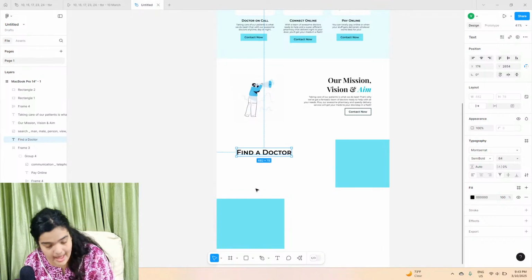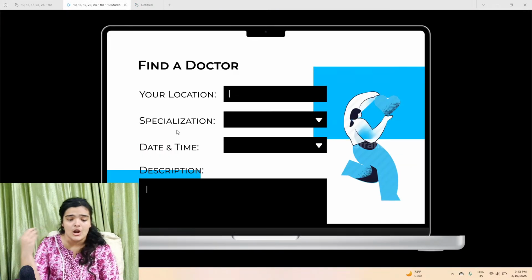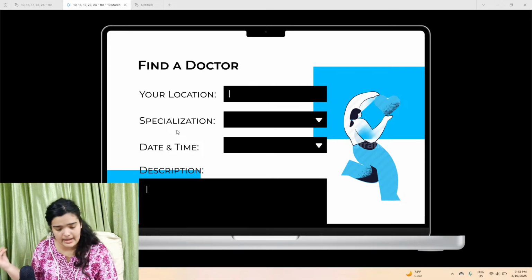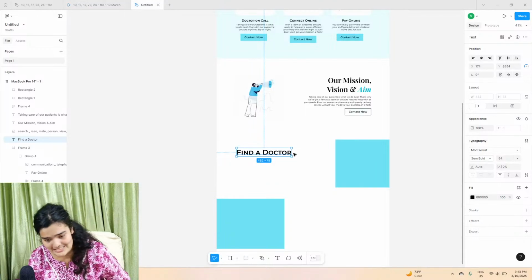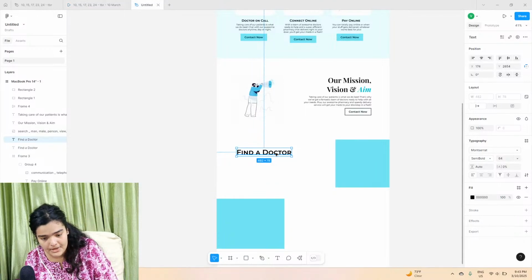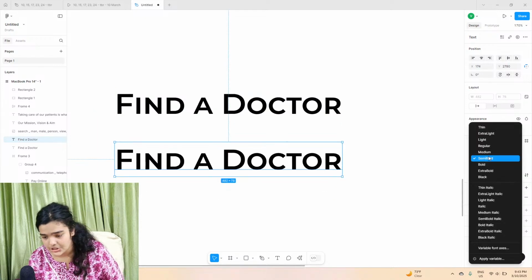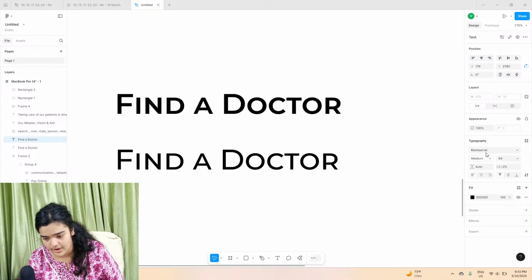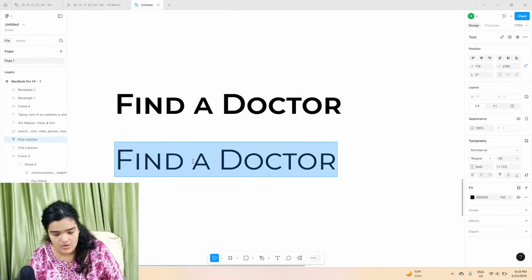And now we're going to build out our actual form. This form is just really, really simple stuff. Location, specialization, date, time, description, just the simplest stuff in the world. Now we're going to select this text, copy and paste it once again, zoom in, bring this down here, change the thickness to a regular, change the title to say your location,